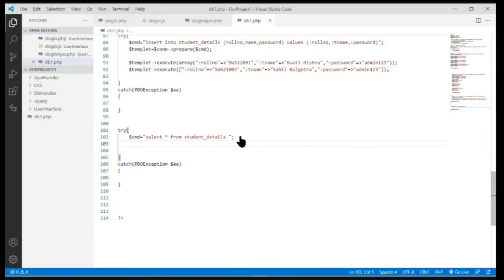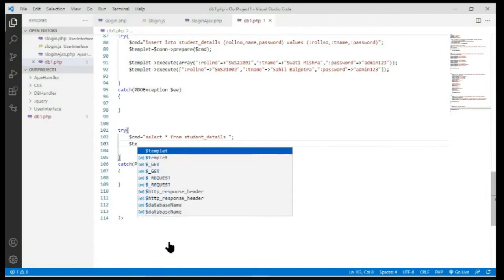Because there is no placeholder, we do not need, I mean, no input I have to specify. Yeah, that's true, but I'm following the general way of doing the thing. Everything I'll be doing in the same way. Okay, so for that reason, what I am doing is I'm creating a template or a statement